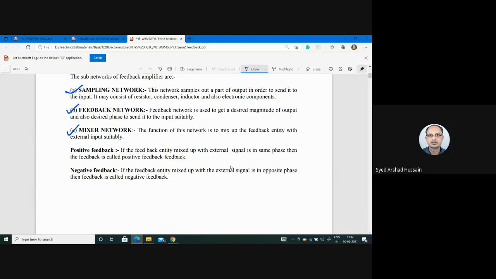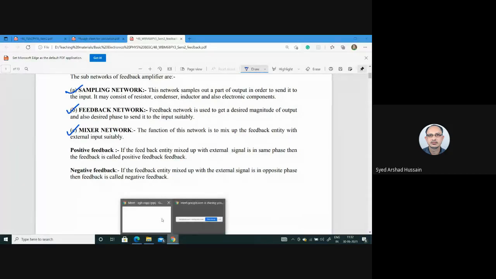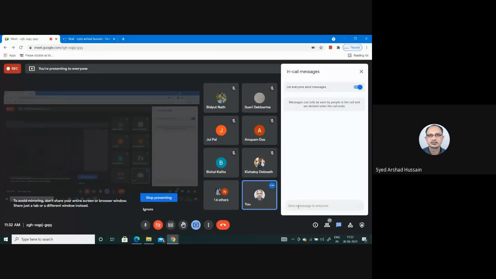Okay. Now, depending on the phase of the sampled signal or signal fed back from output to the input, we have 2 types of feedback. One is positive feedback. Here, the feedback entity mixed with the external signal is in the same phase, and another is negative feedback, where